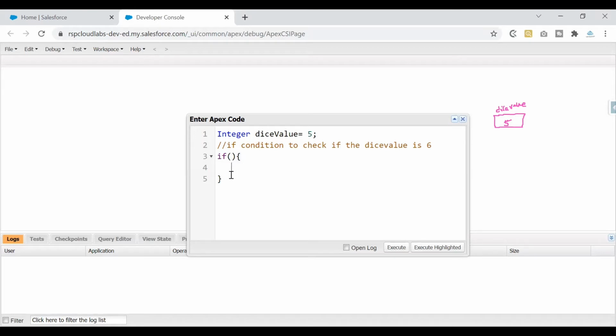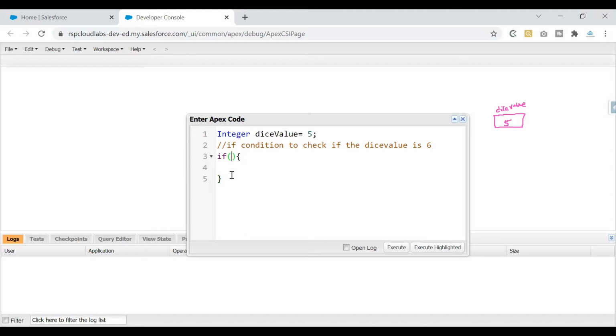The advantage of writing this way is you do not have to worry about where exactly your if block is closing. When you start your if block and close it at the same time, you do not have to worry where exactly the end of your if block is, whether you have properly closed it or not. So that would not be a concern if you follow this process.